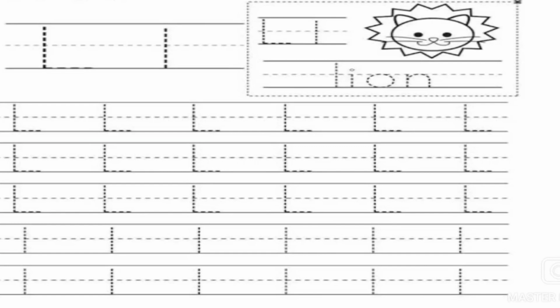3 lines. First we will trace this line, capital L, standing line, sleeping line. This is capital L. Let's trace the capital L. L, L, L,